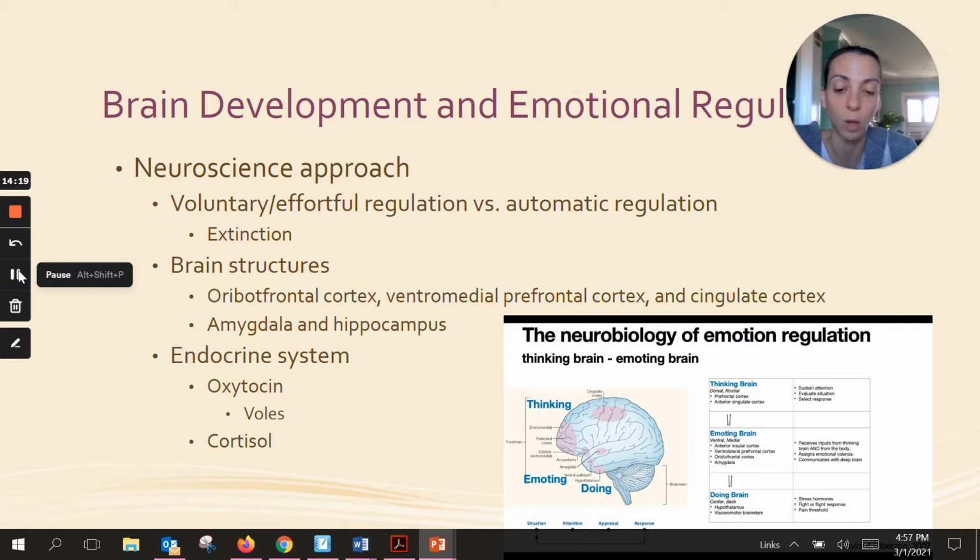The endocrine system also plays a part. When they're talking about the endocrine system, they're talking specifically about the hypothalamic pituitary gonadal axis and the HPA axis, the hypothalamic pituitary adrenal gland axis. So just to review, our HPA axis is our slower but longer lasting response to stress. The hypothalamus alerts the pituitary gland, which activates the adrenal cortex, and the adrenal cortex then releases cortisol, which is our stress hormone.